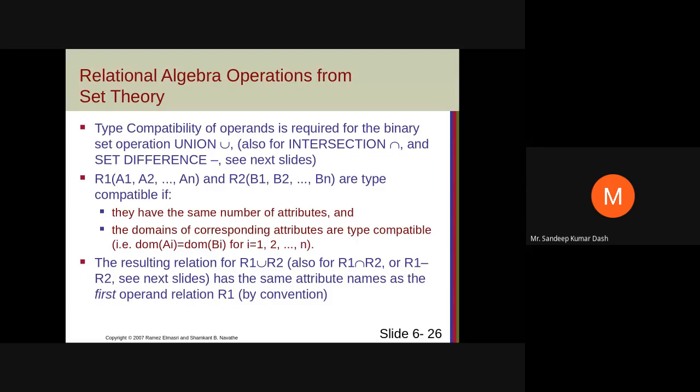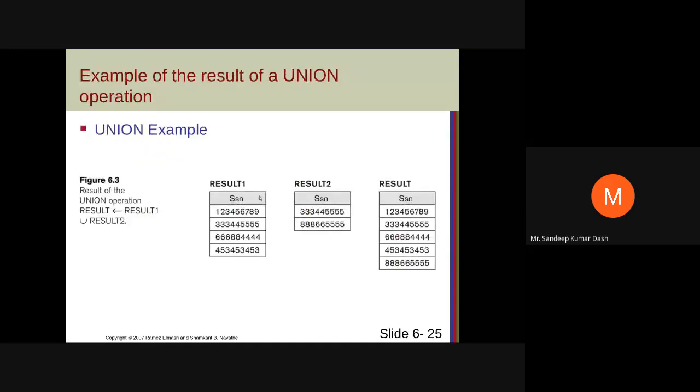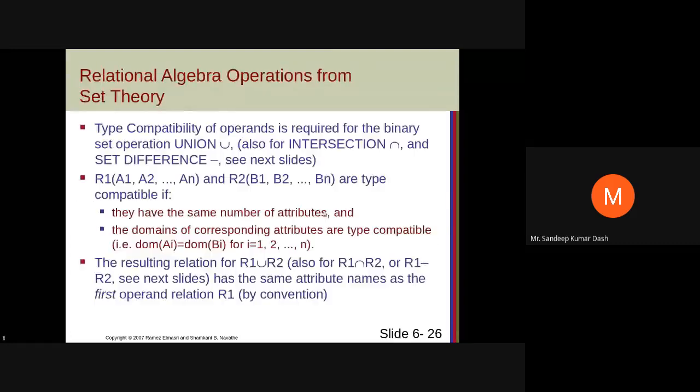Okay, the same union compatible is applying for intersection and difference. Intersection means common. Okay, suppose if you would have said result 1 intersection result 2, you will be getting this as the result, 3 3 3 4 4 5 5 5 5. That means whichever is common row, that will be selected. Okay, here you see union compatible means they have the same number of attributes, and domains of the corresponding attributes are type compatible. That means having the same domain. Okay,